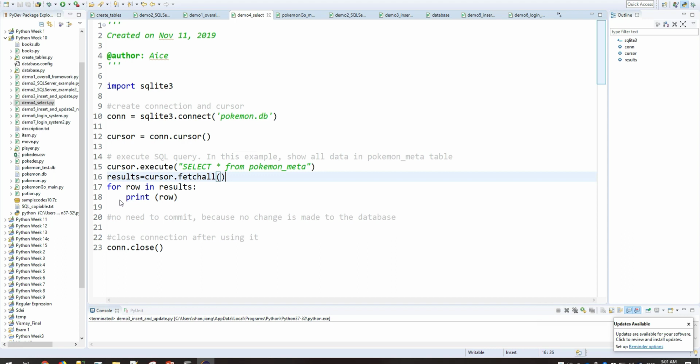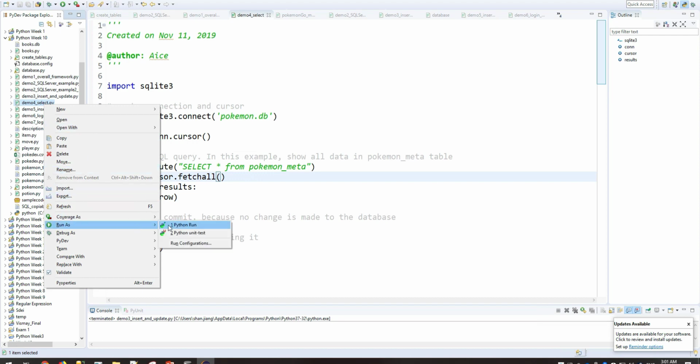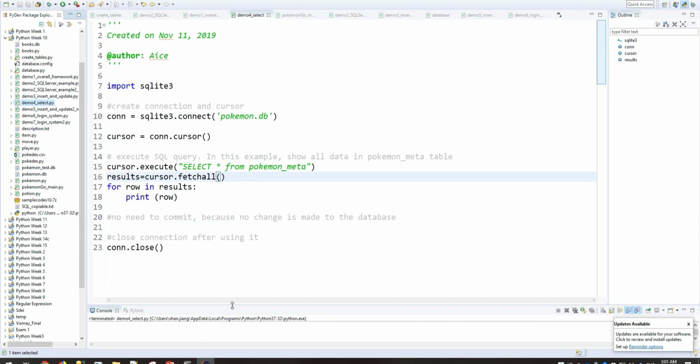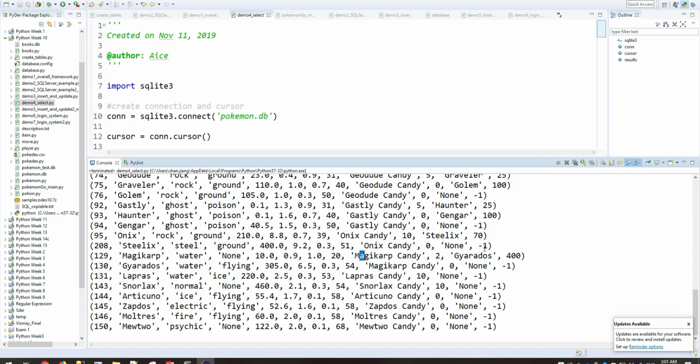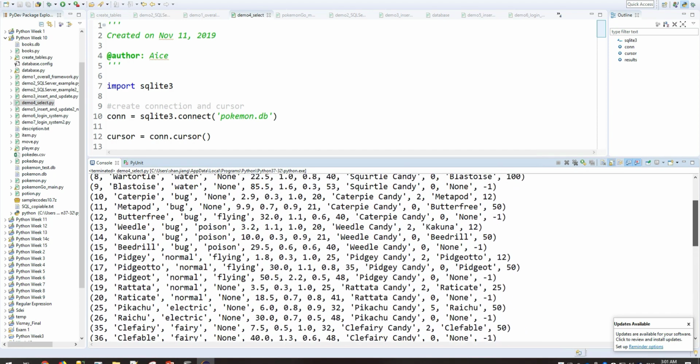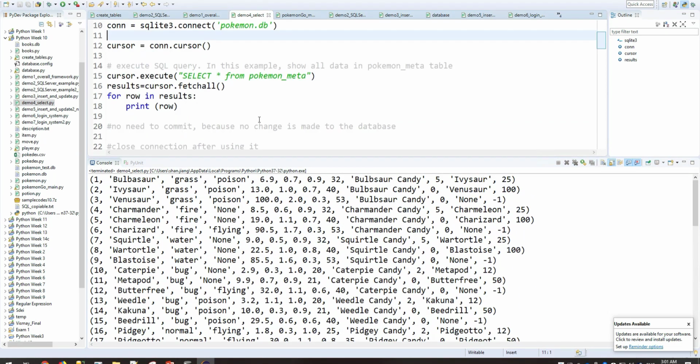When we do a select query, we don't have to perform connection.commit because we are not making any changes to the database table. We're just retrieving some data from it. So if we run this, you see it prints out all the information that we read from the Pokemon meta table.